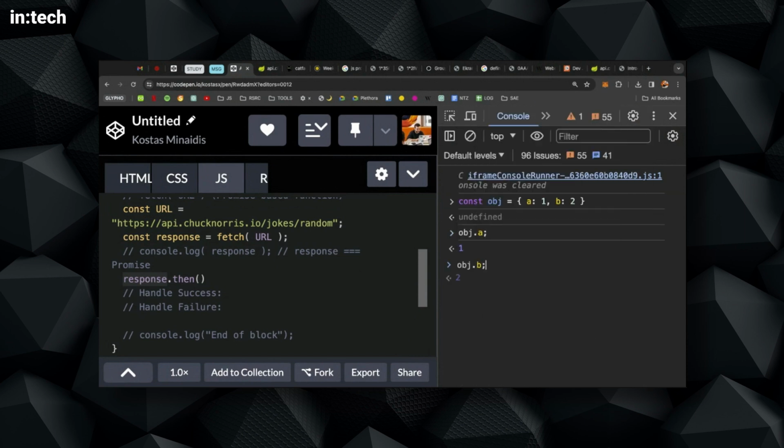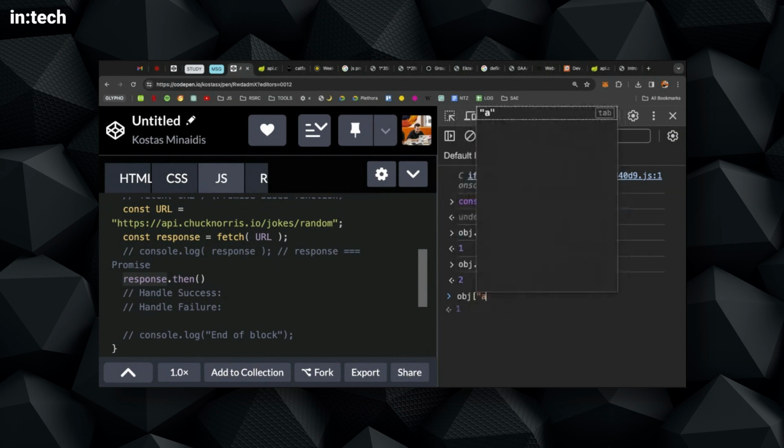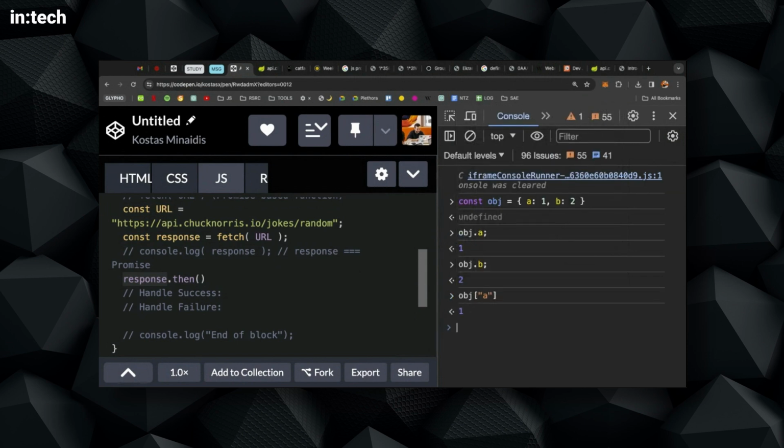object.b, object.a, either through the dot notation, which is the most common one, or through the bracket notation, which is slightly different. I have to use the brackets, the quotes, either single or double or backticks, and then the name of the property. So I cannot write just a. And I can get back the same value. As you can see, this has 2 characters. This has 1, 2, 3, 4, 5. So that's why we tend to prefer the dot notation